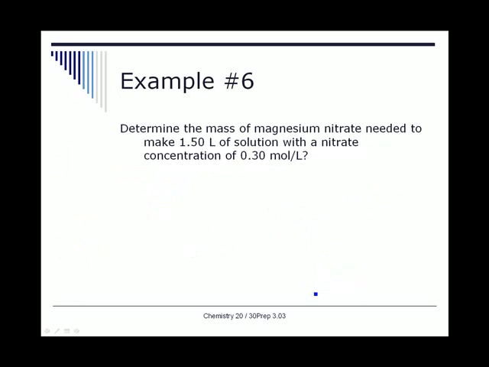Alright, so here we want the mass of magnesium nitrate needed to make a 1.5 liter solution with nitrate concentration of 0.3 moles per liter. So we want to use magnesium nitrate, but we're only interested in the concentration of nitrate. So we're going to do a dissociation equation. Anything with nitrates is soluble, so we have Mg, and nitrate's 1 minus, magnesium's 2 plus, so it's going to be Mg(NO3)2 solid. When we put it in water,